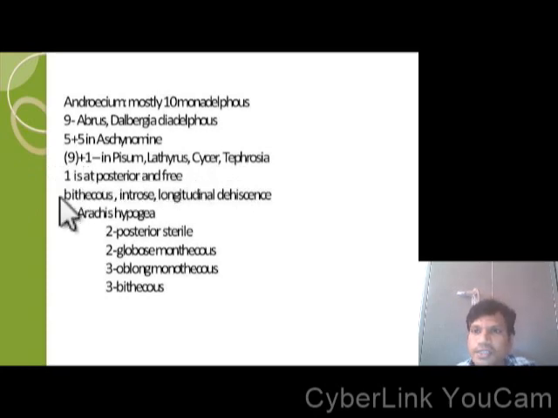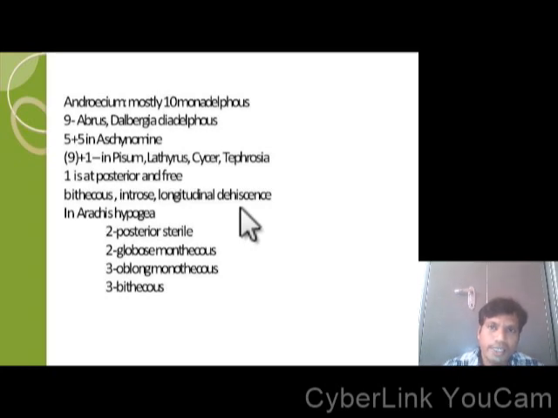See, the anther is bithecous, introrse, with longitudinal dehiscence. Bithecous in the sense that it contains 4 chambers, and introrse, that means arranged inside the flower, and longitudinal dehiscence in the sense where the dehiscence takes place by the furrow which is arranged longitudinally, and which dehisces by means of that furrow, and liberation of the pollen grain takes place.